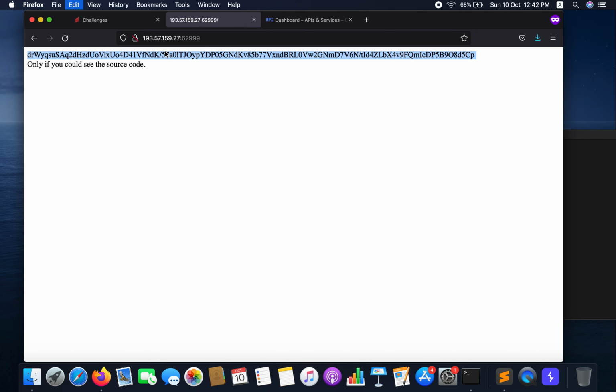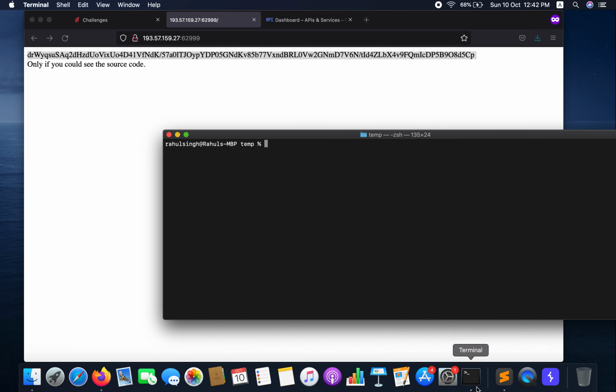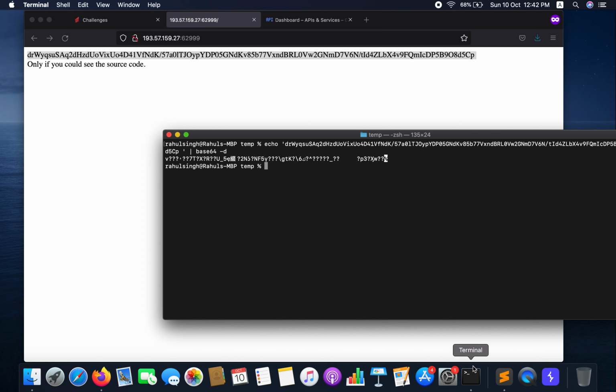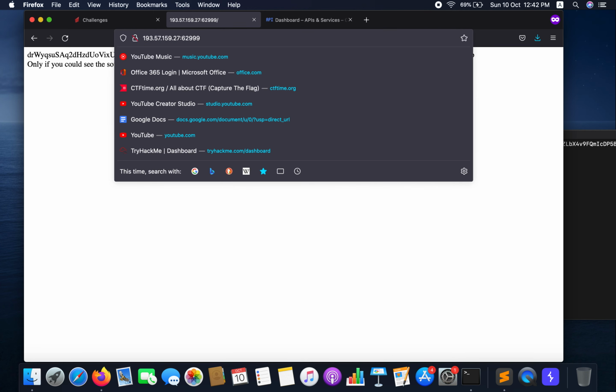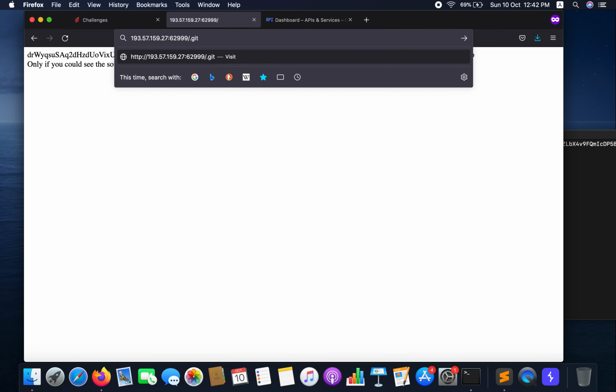So let's just copy this. First of all, my first instinct was that this is supposed to be base64. Let's try to decode it. But you can see it does not turn out to be base64. The next thing that I thought was, I have tried AES, so I thought that this could be a cryptography challenge, and to see the source code, what I could do is, there is a possibility that somehow developers do